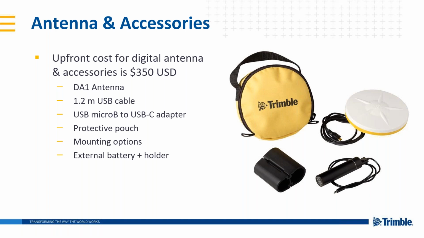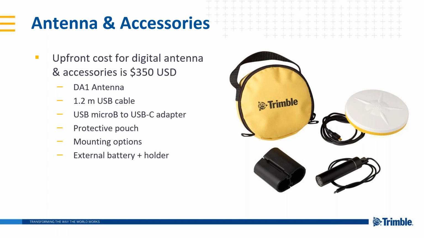So the Catalyst technology, I mentioned that there's an upfront cost and then there's an ongoing subscription. So the upfront cost for the antenna kit is $350 US dollars. So that gives you sort of the ballpark of what the cost will be depending on your exact location. I know we've got a lot of people on the webinar here from around Australia and New Zealand, but also some from Europe and North America as well. So I've put the price in US dollars there just to give you a ballpark of what it would be